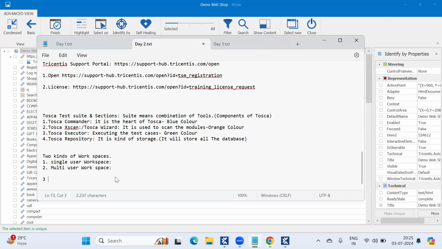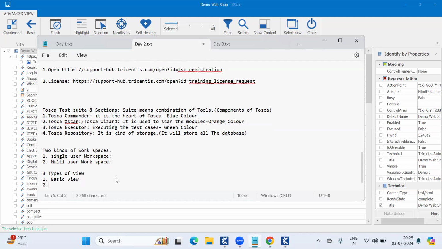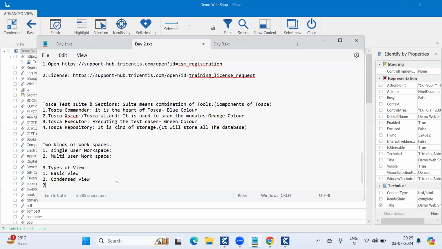Three types of views: one is basic view, second one is condensed view, and third one is advanced view. I will show you the differences between basic view, condensed view, and advanced view.